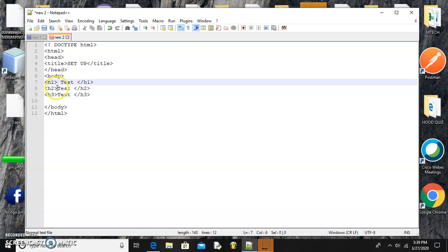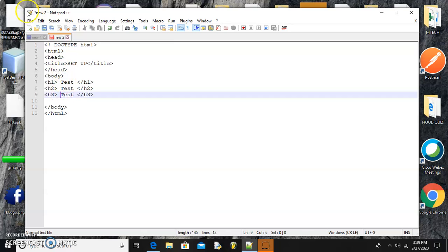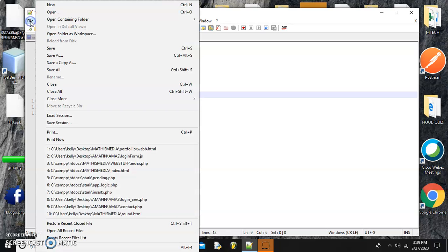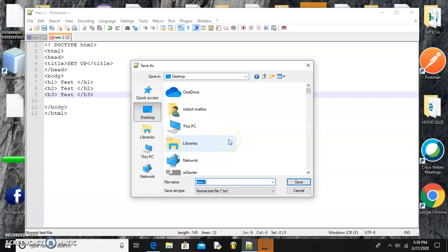Right. I like my stuff to look kind of neat. This ain't even the right way. I'm just showing you logic. All right, now where you save it makes a difference. How you save it makes the most difference. Watch me go File, Save As. I'm just going to go to my desktop with this, and we're going to call this